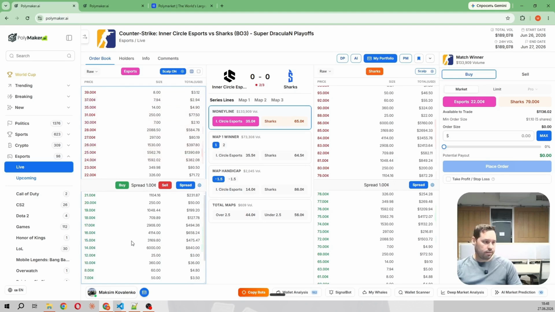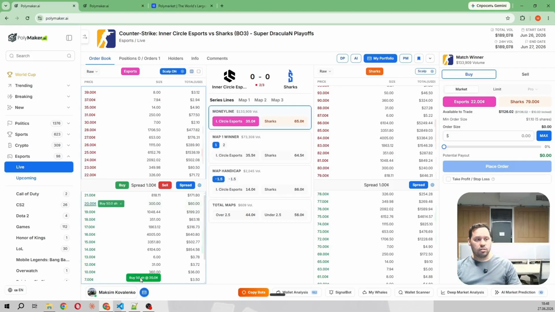The process is actually quite simple and straightforward to follow. Let's say we have decided that we want to buy the stock at exactly 20 cents. We just need to click the button right here. And that is all there is to it. We have successfully placed an order to buy 50 shares. So we've placed a limit order and it appears as a marker in the order book at the price of